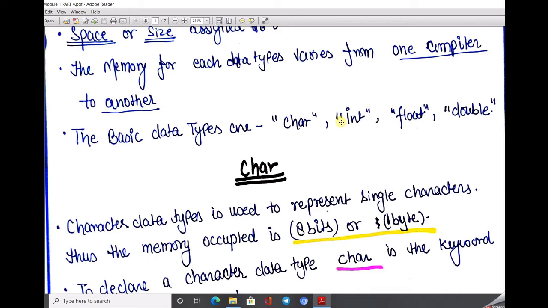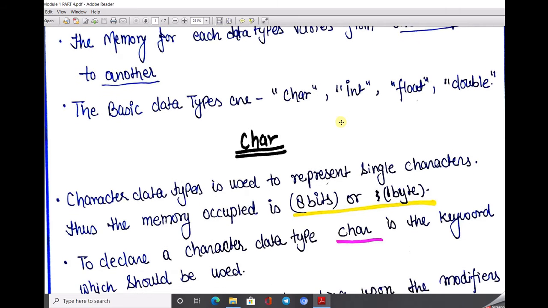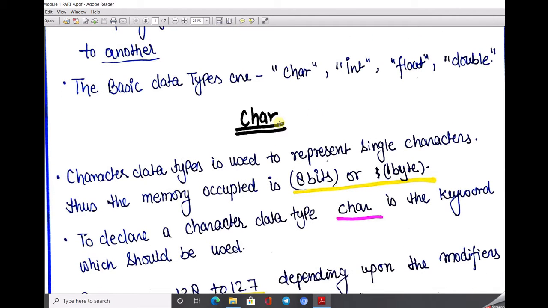Why? Because as I already told you, whenever we want to write in any language, we must follow its grammar. Similarly in the case of C, we must follow its syntax. So let's go through char. What is char? Basically, the char data type is used whenever we want to store any character value in a variable. When we want to declare a variable, we first write char and then write that variable, so that the compiler can understand that this particular variable is of type character, char.